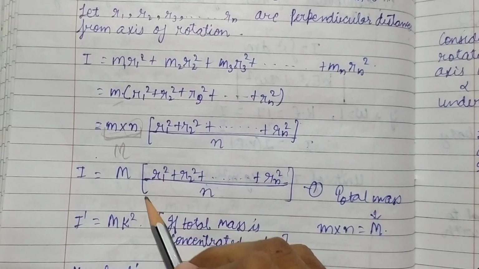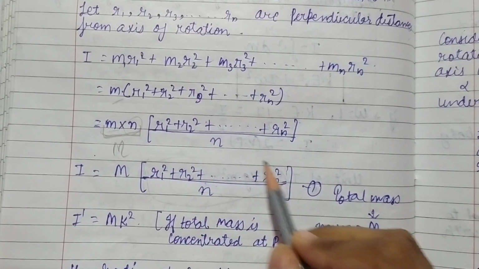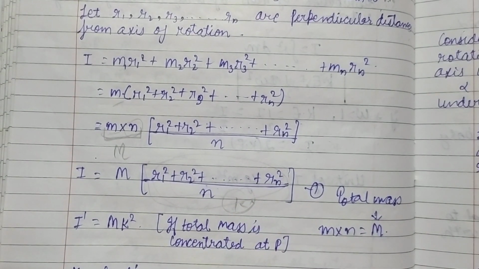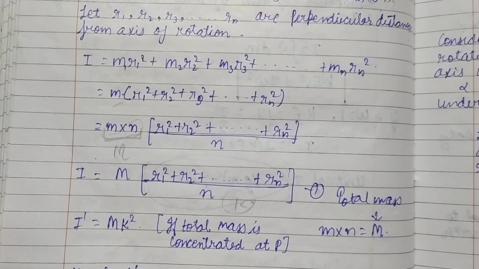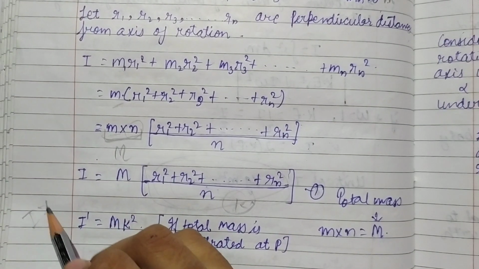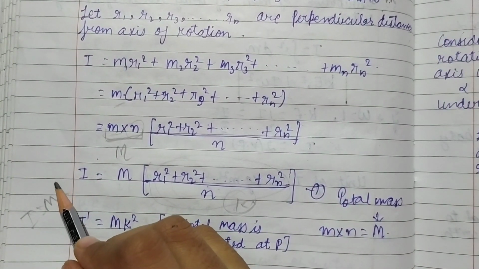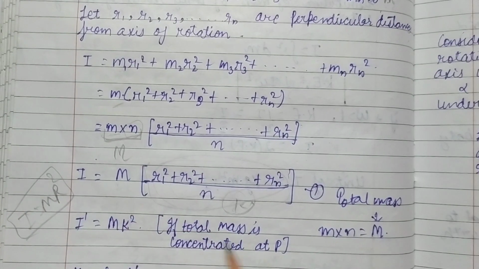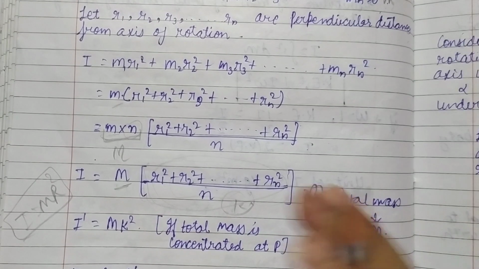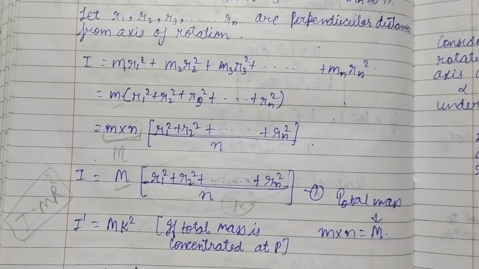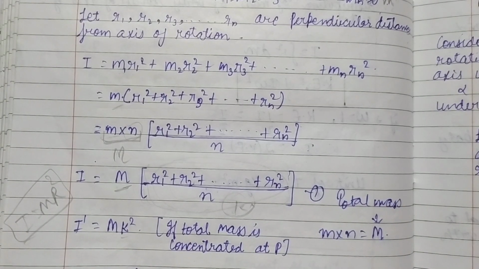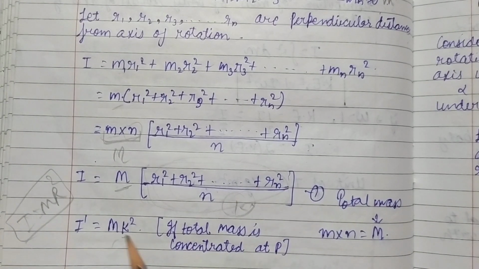Now what is this? Let us consider this as k. And k is the radius of gyration. Now if we take this equation, as we already know, I is equal to M into r square. So this was I, and now we have considered it as M. In place of r we are considering it as k, because r we already denote as the position vector of the particles. So that is why we are denoting it here by k. So k is the radius of gyration.